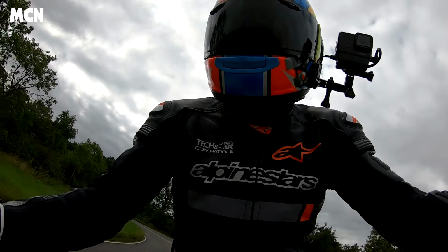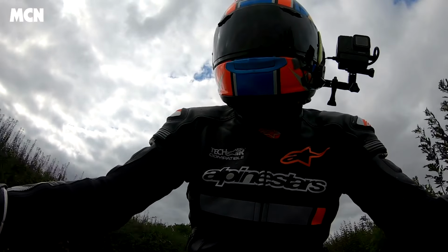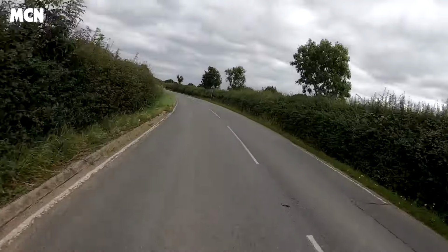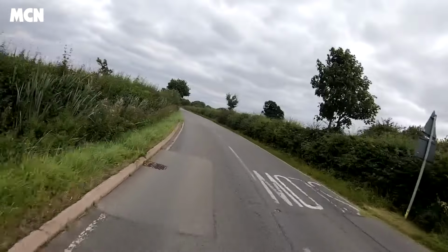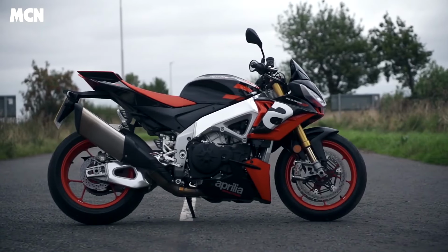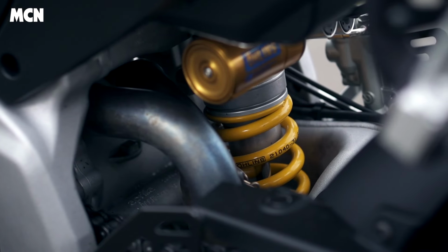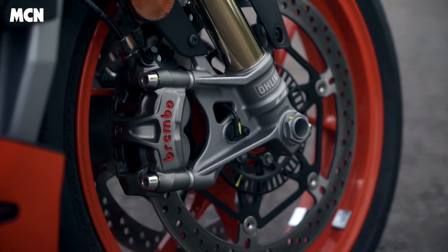So what is it that makes the TUONO so special? Why has it been our best super naked since 2015? Well, it's got absolutely everything. It's got the best tyres, it's got the best suspension with semi-active Öhlins, it's got the best brakes,